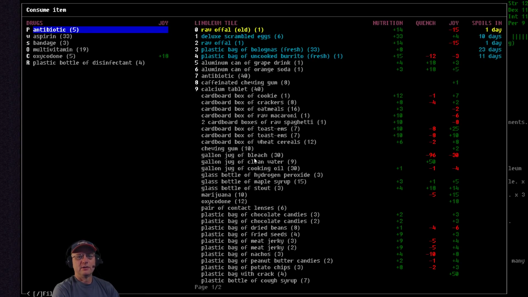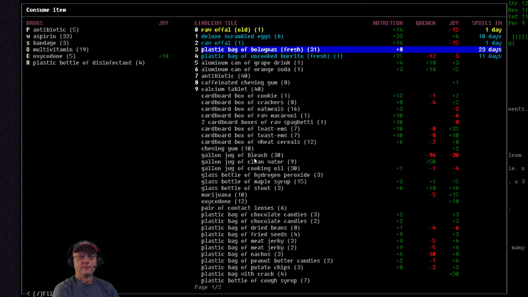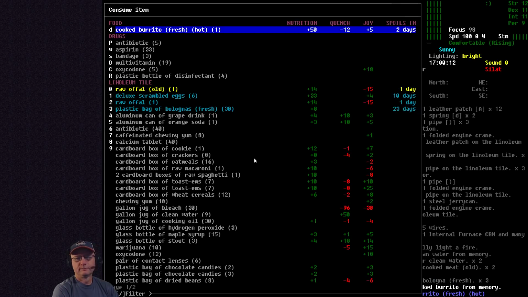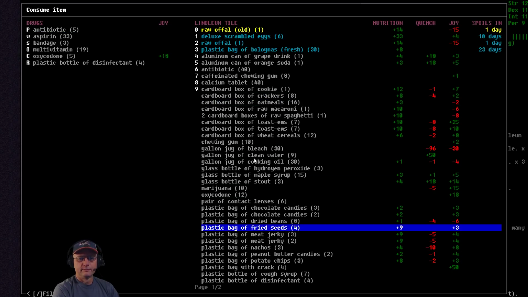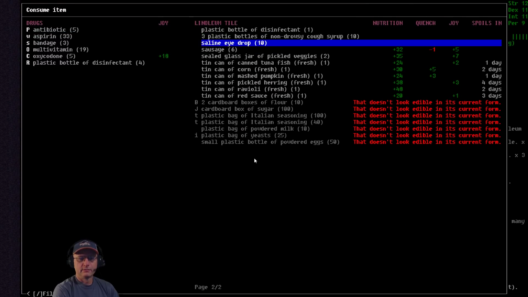I don't care about the offal. Go ahead and have some bologna. And I guess we'll cook up that burrito. Alright, now we're full. Have some candy and